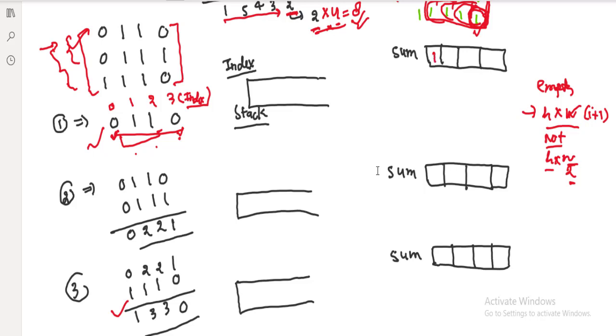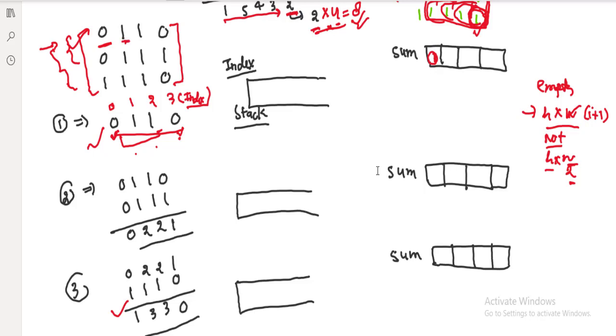Here sum is a temporary array which is used to save the number of submatrices which contain all 1s. So here it will be 0. 0 into 1 becomes 0. As we can see, whatever value we take, it means ending with this particular index, what is the number of submatrices which contain all 1s? For example, here we computed for this value, what value comes? 0. It means in this original matrix ending with this particular index, the total number of submatrices is 0 here. Now compute for this one.